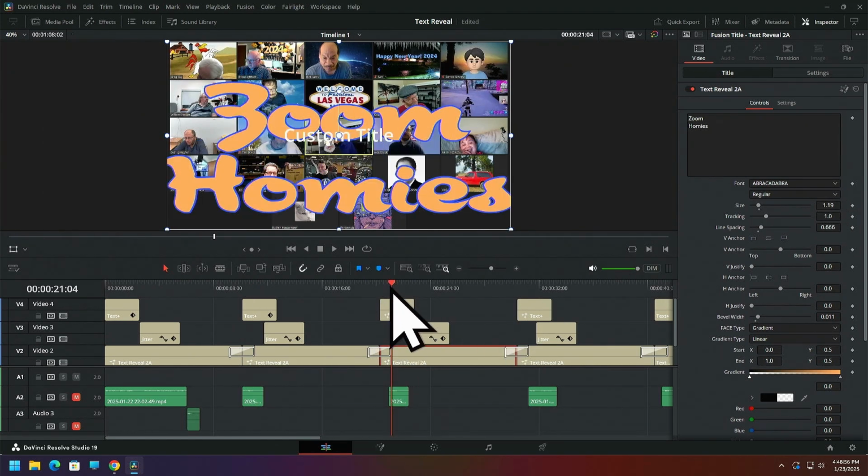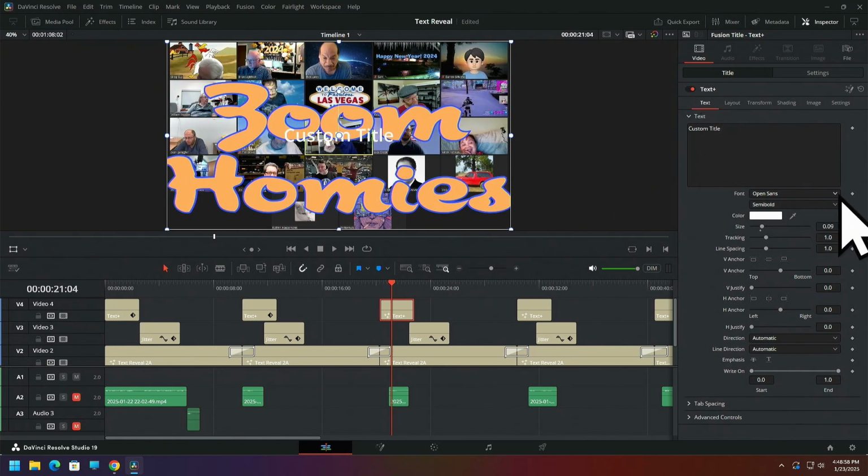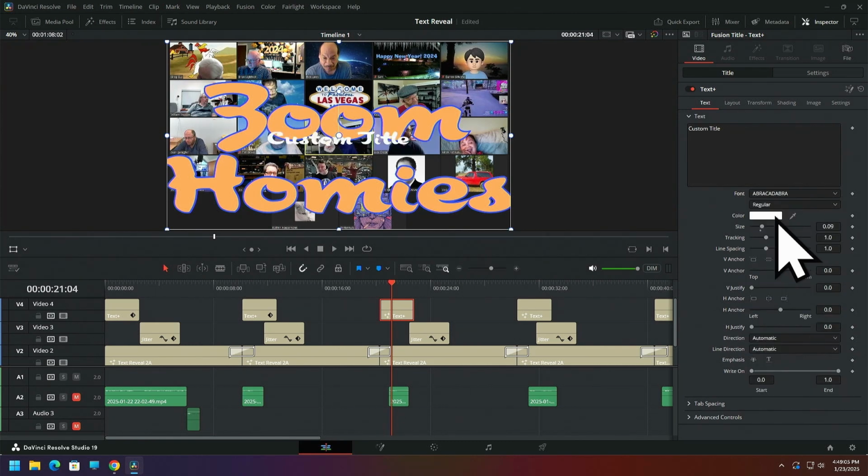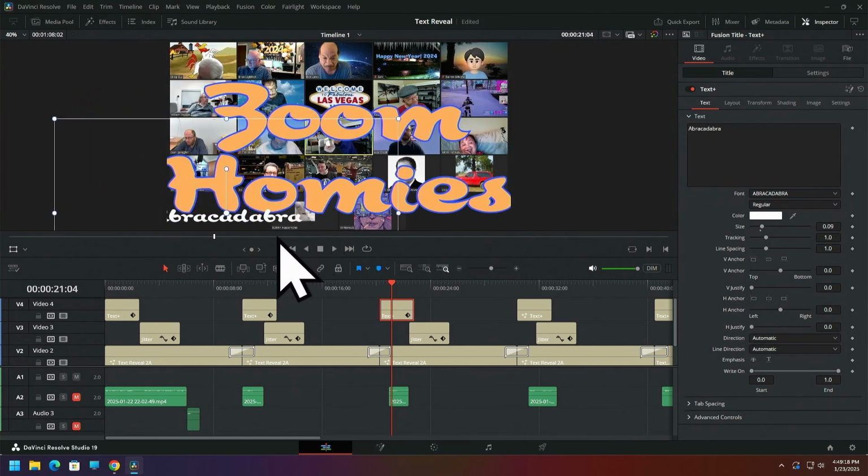This will be fun. I'm just going to change it. Abracadabra. Then I'm going to come up here. Abracadabra. It's already highlighted. We're going to bring it down here, and as you can see, we got to resize